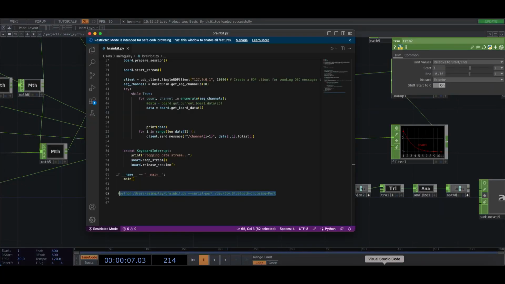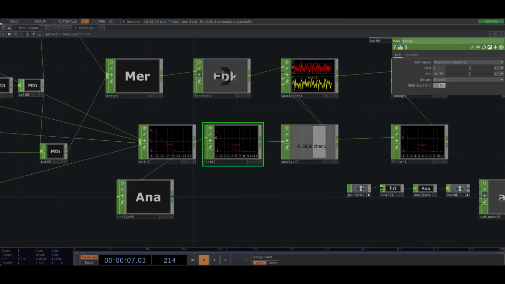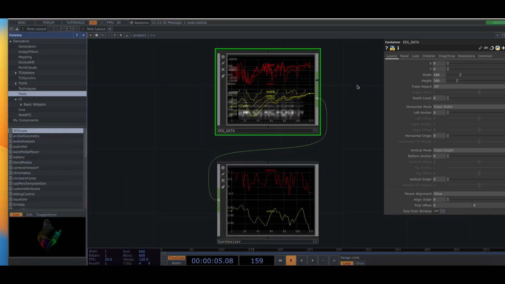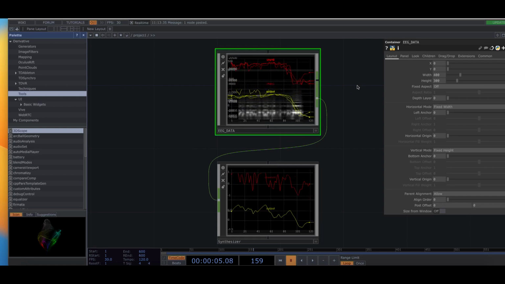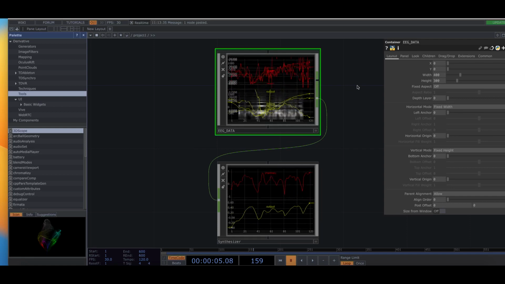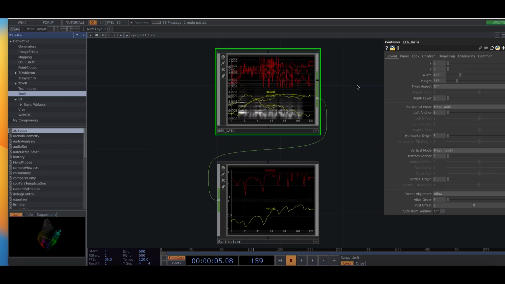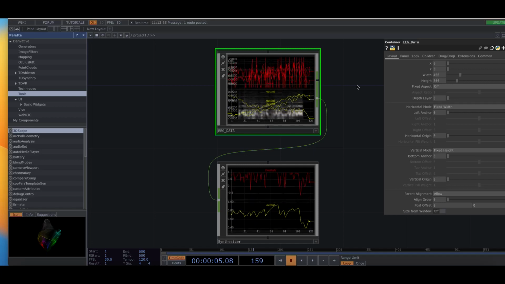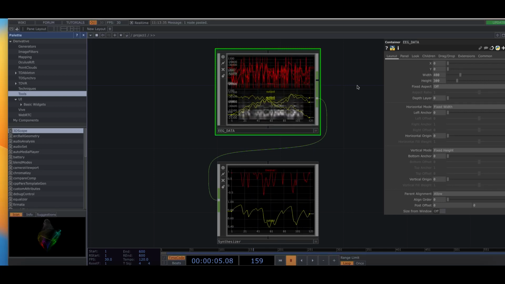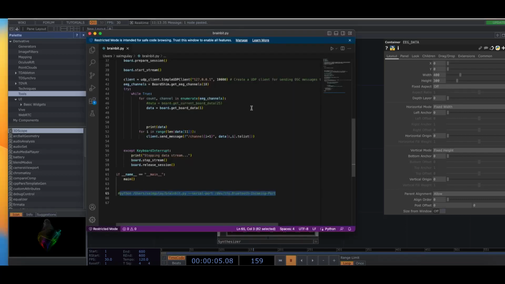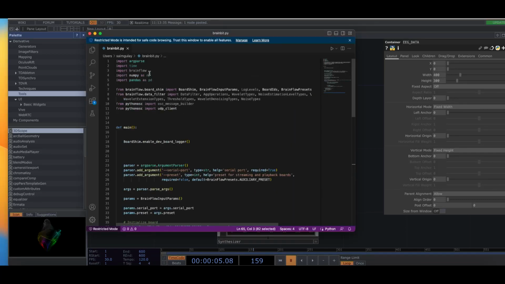Hi, in this documentation, I'm going to talk about my project, which is an EEG instrument built in TouchDesigner. Right now, I am wearing my EEG headband. I'm using a Brainbit headband and I'm going to get data from that using Python, and I'm going to send that data to TouchDesigner using OSC